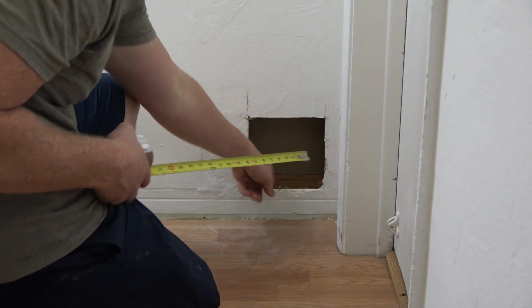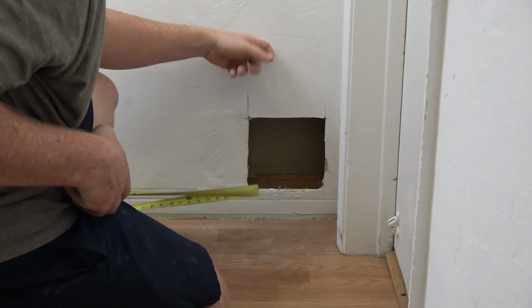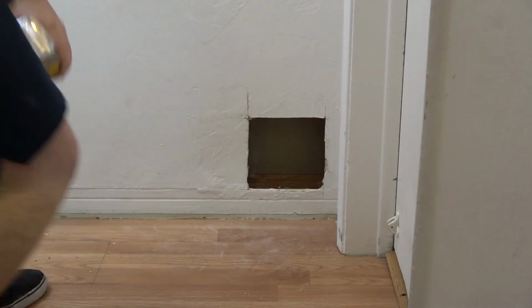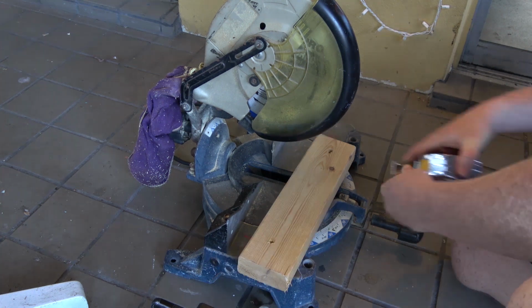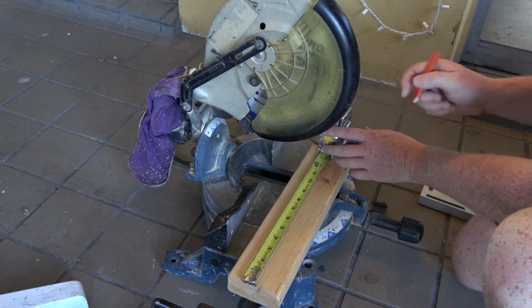Now I want to take some measurements for the supports I'll be putting in. I'm going to measure a couple inches above the hole, so about 12 inches total. I want to check with my hand to make sure nothing is in that hole to block the supports I'll be cutting. So I'm just going to be using 2x4s and I'll measure out 12 inches, get my mark,